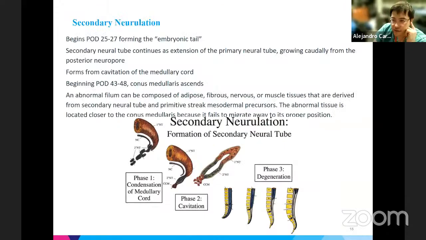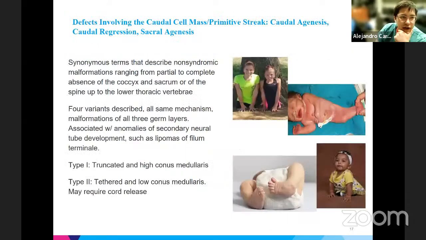Secondary neurulation begins later, post-ovulation day 25 to 27, and it forms the embryonic tail, so below S2. And rather than a folding, it's more of a cavitation. And then defects involving the caudal cell mass or primitive streak lead to caudal agenesis, which ranges from partial to complete absence of the coccyx and sacrum. All